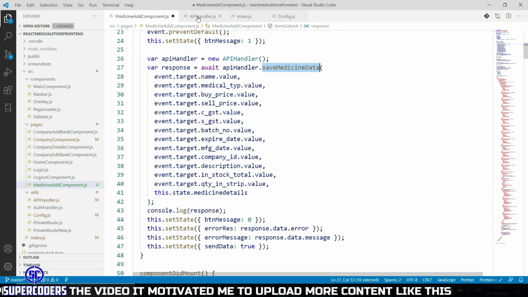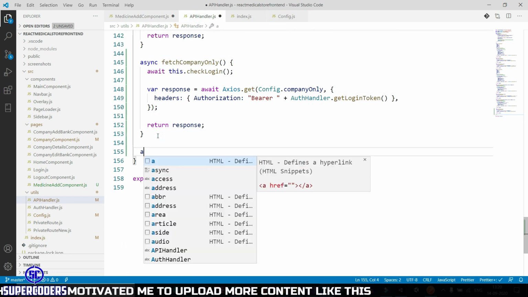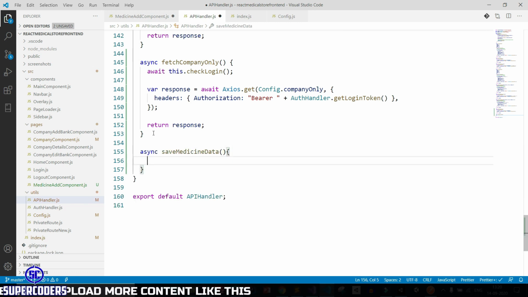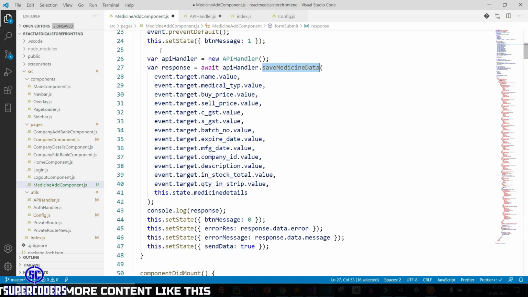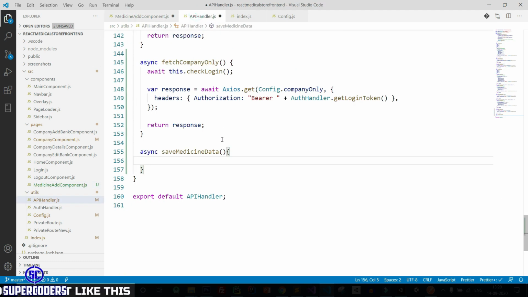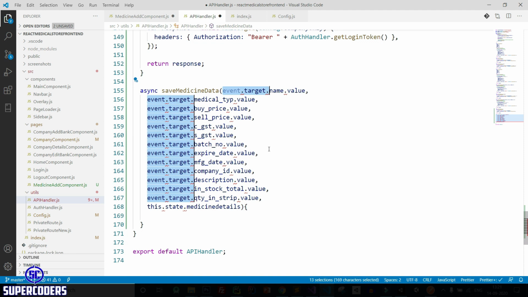Now copy this and create a function. So copy it, API handler, async, copy the function name. After that just copy this same and here paste it, only remove this. So here selecting multiple event.target, selecting all the targets and remove it.